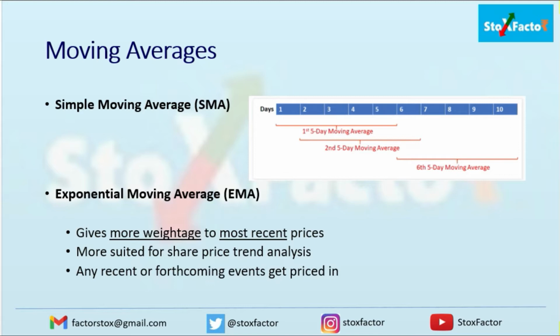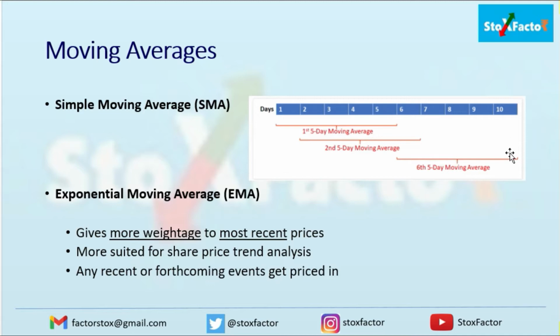Simple moving averages are calculated for a particular period. Suppose we want to calculate the simple moving average for the past 5 days. We'll take the data points of the past 5 days and take the average. Similarly, as you can see for the rolling window, for the next day, the next 5 points, and for the next day, the next 5 points, and we keep going like this till the very last date and calculate the simple moving average. The point is that in a simple moving average, we give weightage to each day equally. Even the past prices are given equal weightage as compared to the near term prices.